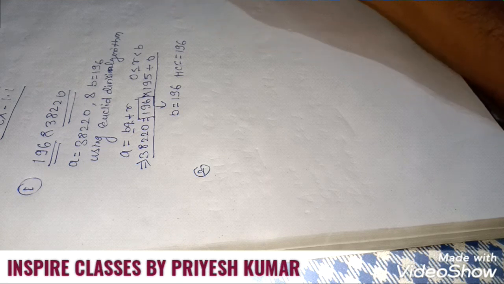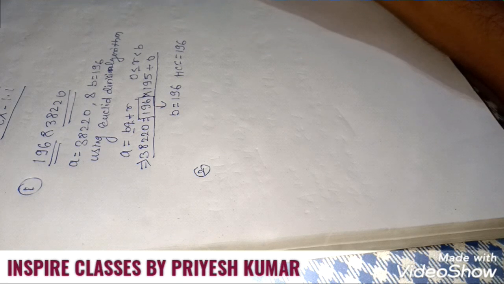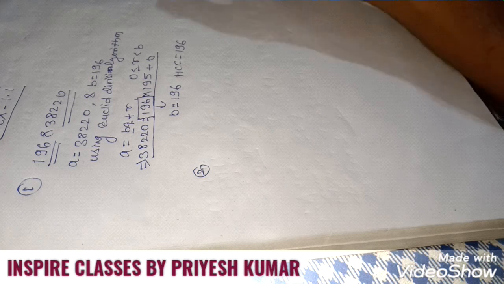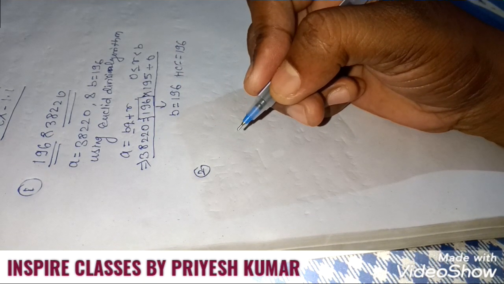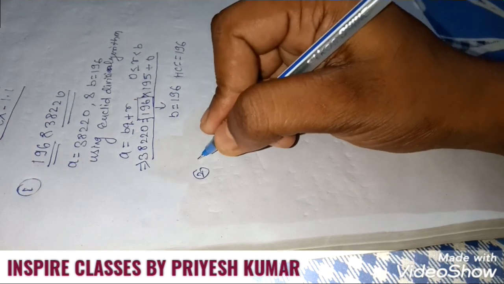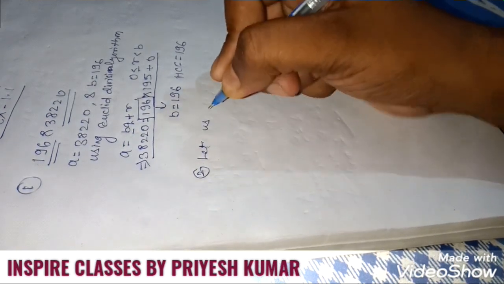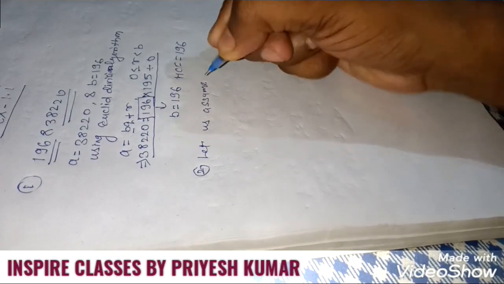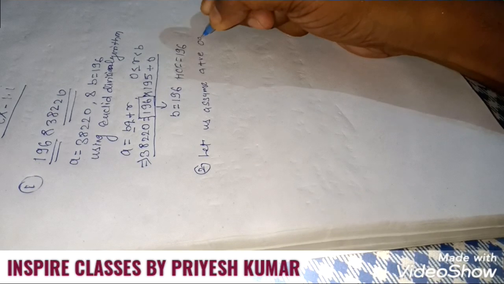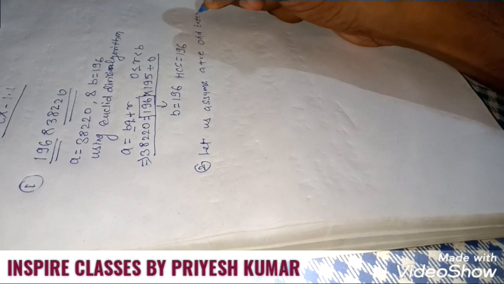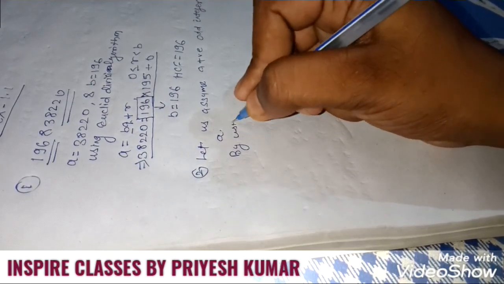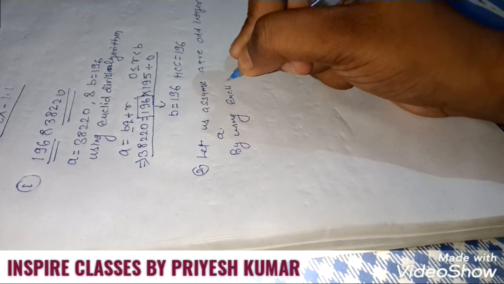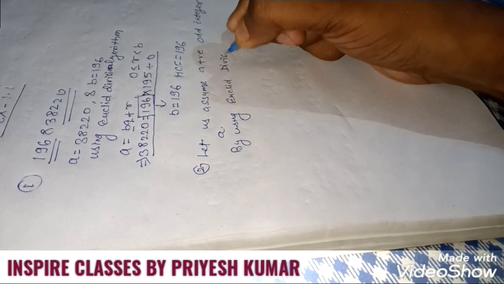So that any positive odd integer is in the form of 6q plus 1, 6q plus 3 or 6q plus 5, where q is some integer. For this question, first of all let us assume any positive odd integer as a. So we will write, let us assume a positive odd integer A by using Euclid division